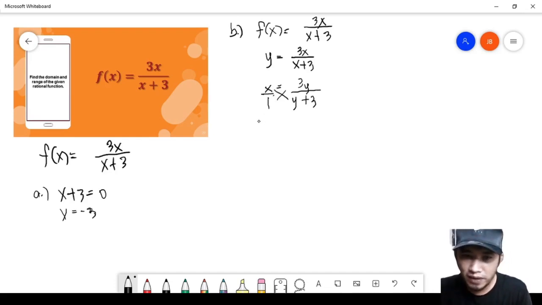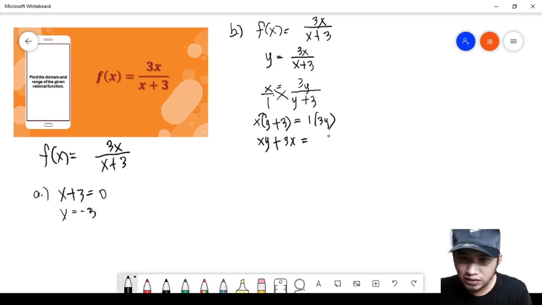Cross multiply. So, x multiplied to y plus 3 and then is equal to 1 multiplied to 3y. Ayan. So, x multiplied to y is xy. X multiplied to 3 is 3x. Is equal to 1 multiplied to 3y is 3y. Okay? And then, pagsama-samahin natin yung merong y. Alright? So, xy, 3y, lilipat sa kabila, magiging negative